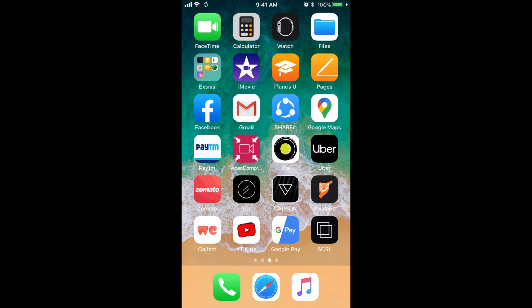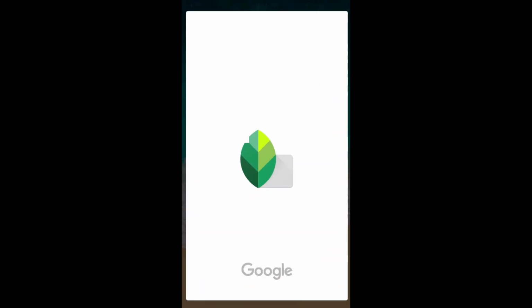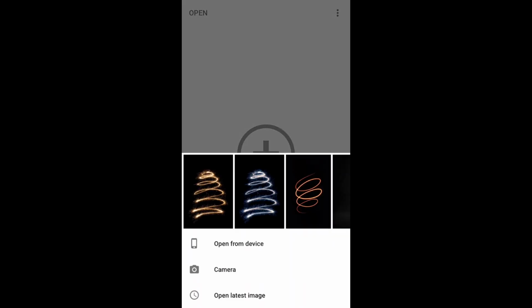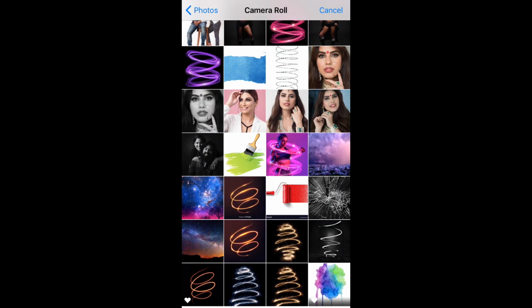In this video, I'll show you some cool ways to explore double exposure using Snapseed. So let's get started. I'll take multiple examples to demonstrate how you can explore your creativity just by following very simple steps. So I'll open the first image